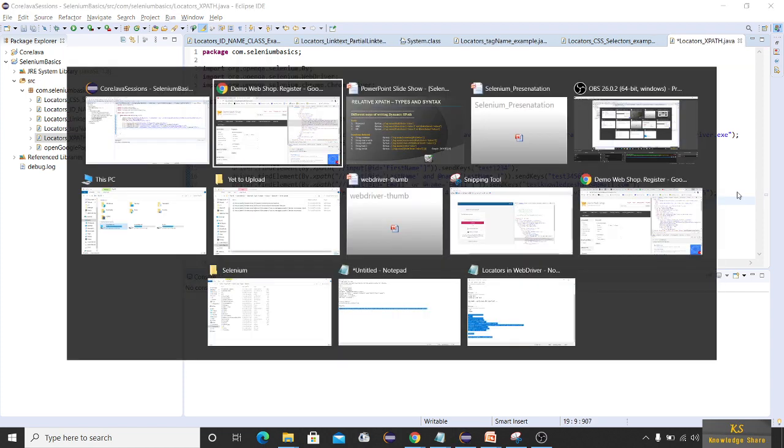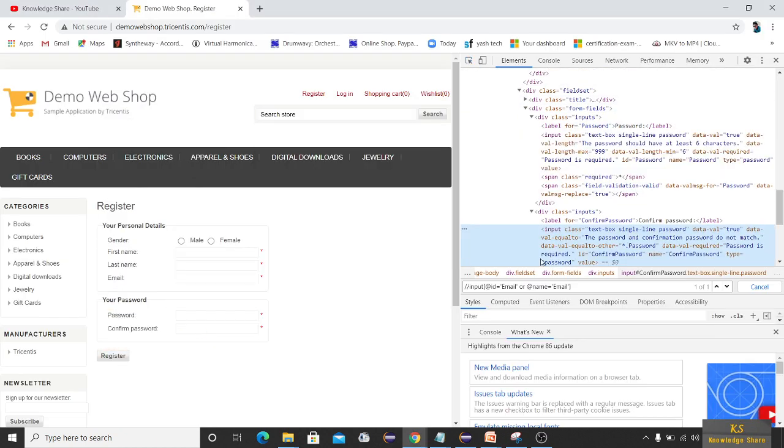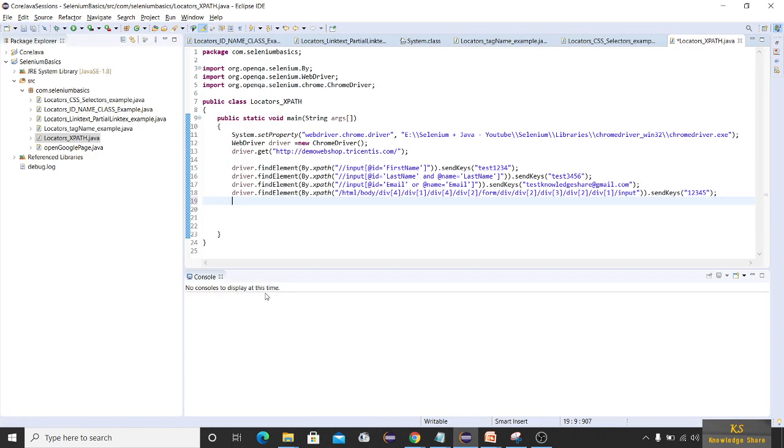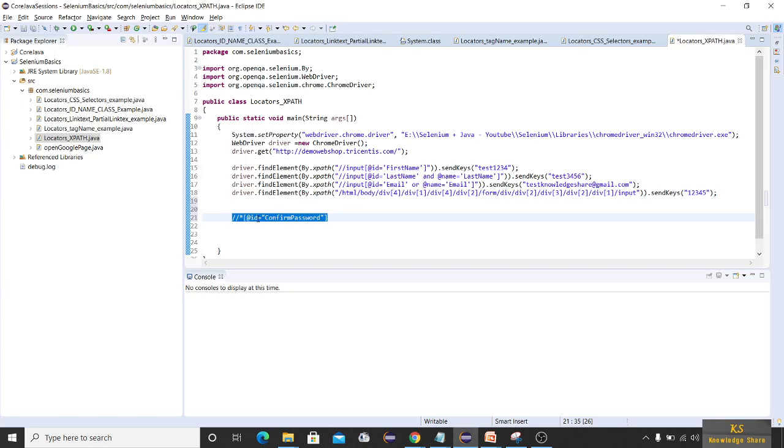Now let me take confirm password as well. Let me take this element, right click, copy. Now we will use copy XPath, not copy full XPath. I'll click on copy XPath and paste it here, and see what it pasted. You are using the help of Chrome's inbuilt features to take the relative XPath.